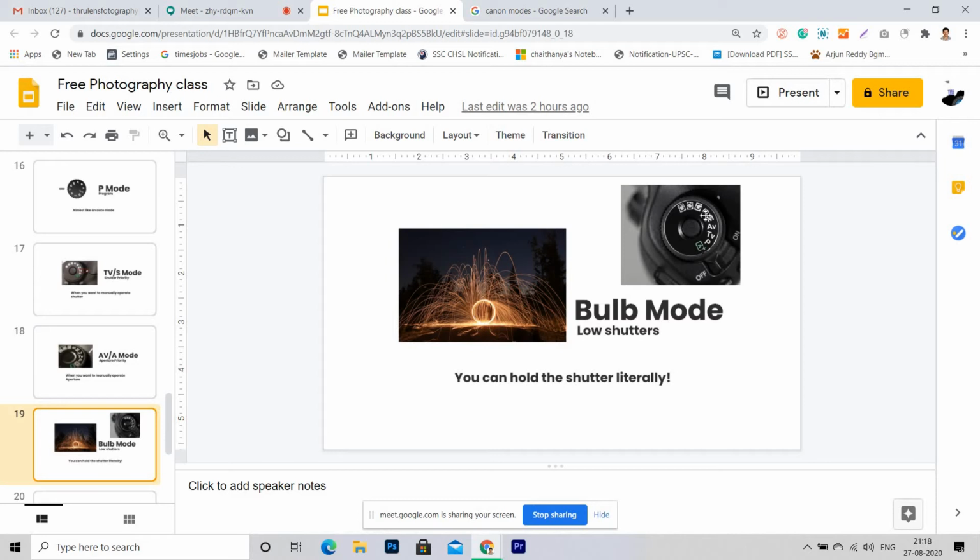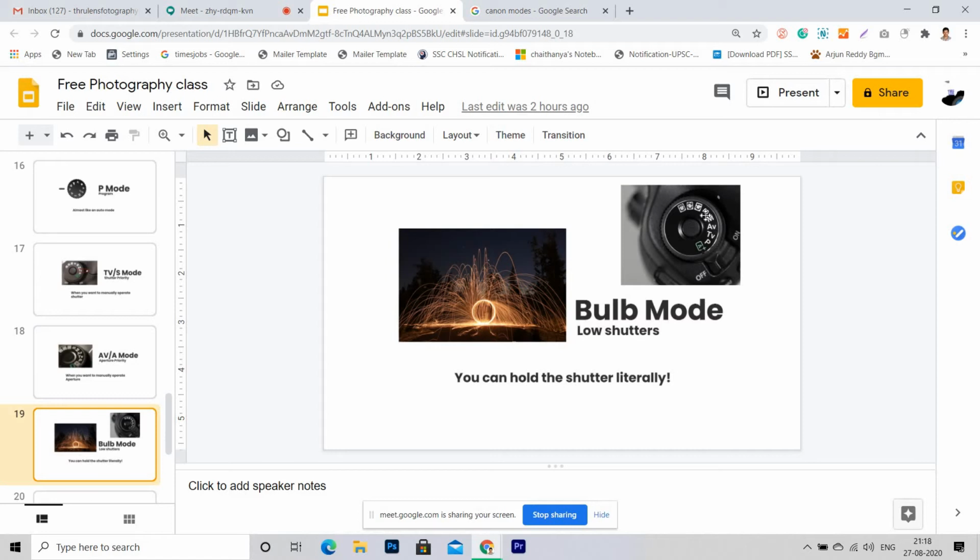In bulb mode, for example, that fellow rotating the light 30 or 40 times might have taken some 20 or 25 seconds. To capture that you would need a video, but a photo you can also take for that duration.